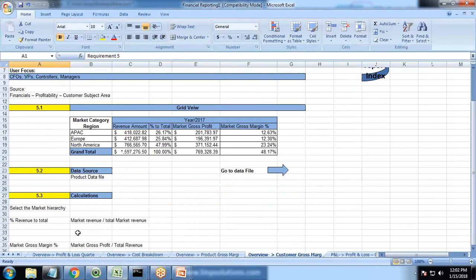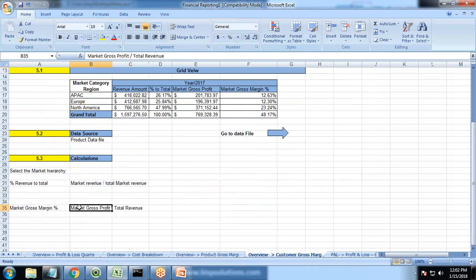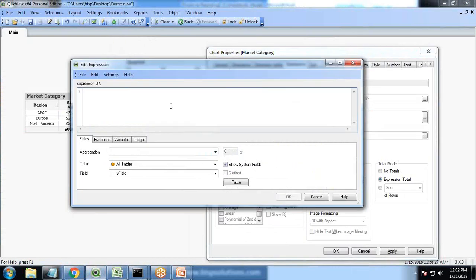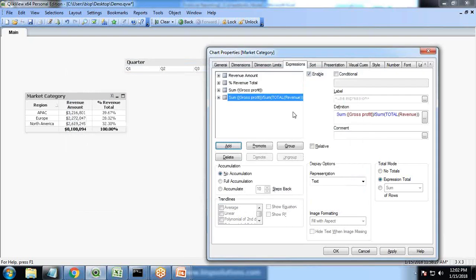And the fourth expression will be market gross margin. So market gross margin will be market gross profit divided by total revenue, market gross profit for individual region with respect to the grand total for revenue amount. So in order to add this expression, the expression will be sum of gross profit divided by sum of total of revenue, and okay. So first I set the label for the third expression, and the label is market gross profit,